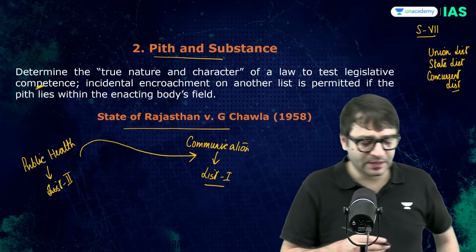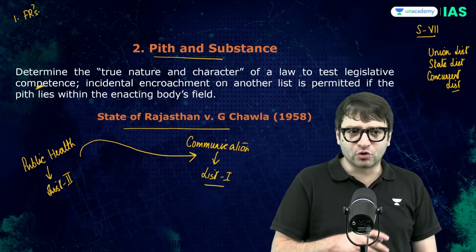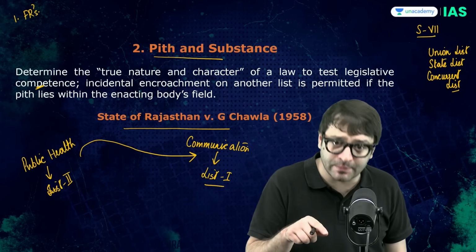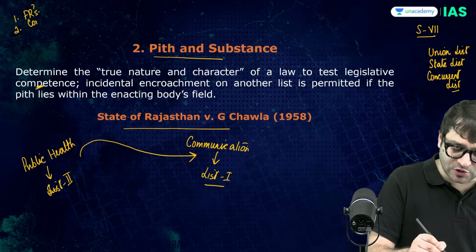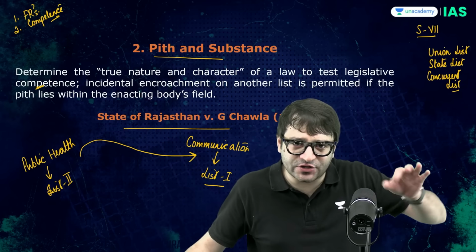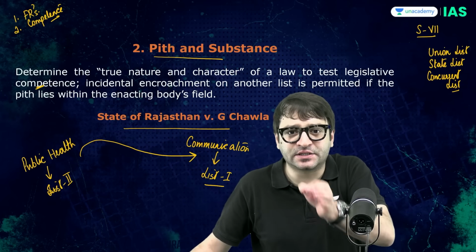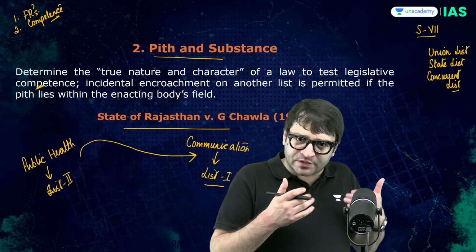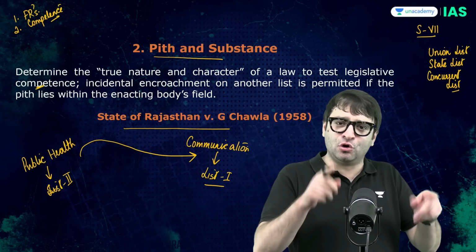On two grounds. Number one, on the grounds of violating fundamental rights. So if an ordinary law is passed, you can challenge it before the court on the grounds of violating fundamental rights, not basic structure. Second, on the grounds of legislative competence. Is the Rajasthan legislature competent to enact this law, or should this law have been enacted by the parliament because it's under the union list? When similar cases reach the court, they will apply this set of principles, these set of rules